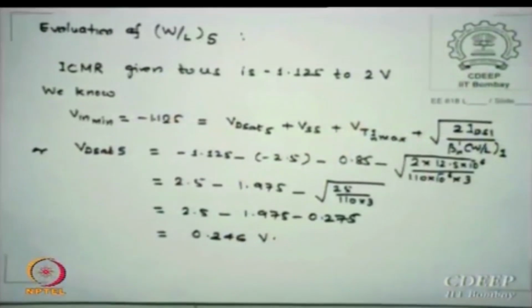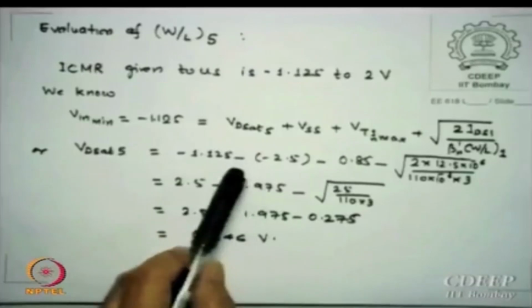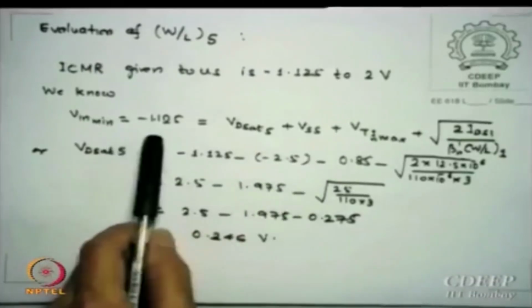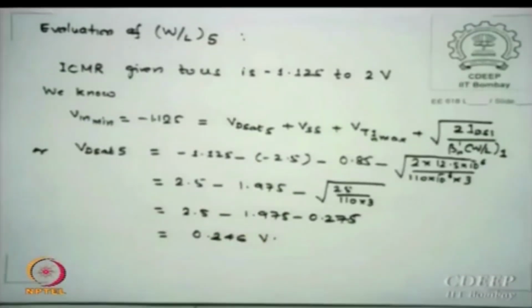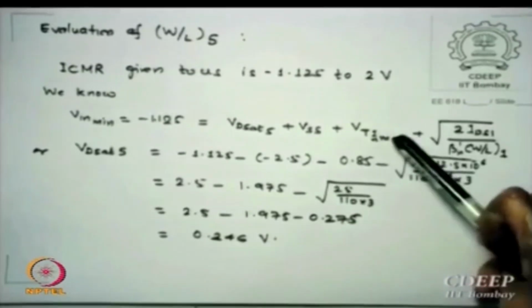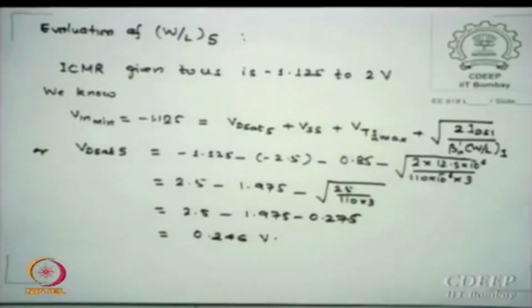Okay, but in case it comes, this is doable. Okay, is that okay? So the next value I am interested in, I use now the minimum value, VD sat, this is 1.125, I rewrite that expression. So I got VD sat 5 from this calculation. IDS 1 I know, beta n dash I know, W by L1 I know, this I know, this I know, this I know. So I calculated VD sat 5 as